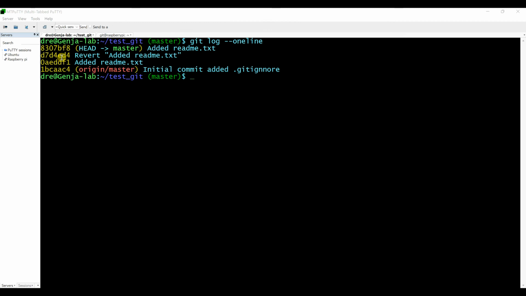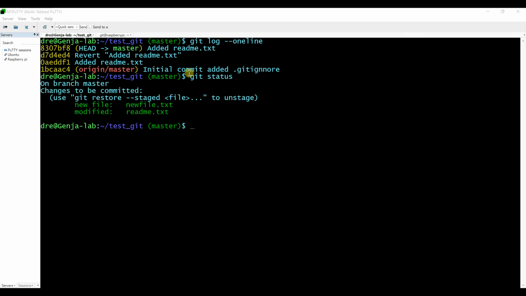So if I reverted the file, our status is we've made changes. There's 2 files. When we did hard, it deleted everything. But if I do git reset mixed and I revert back to this,